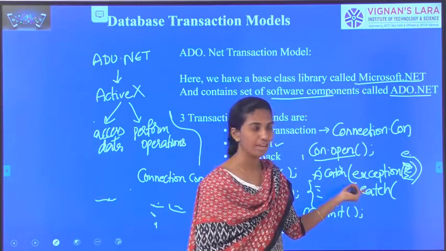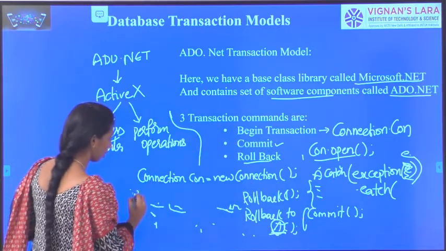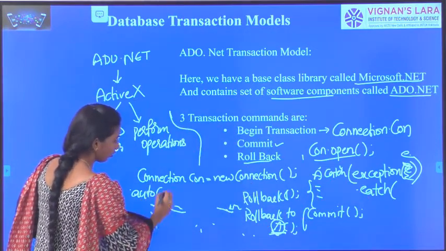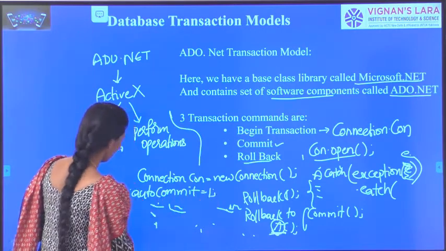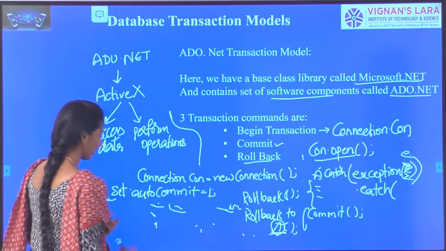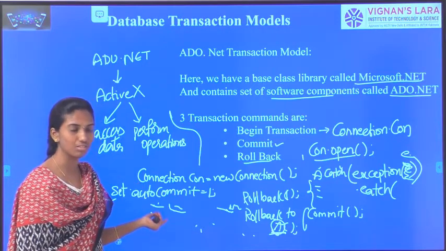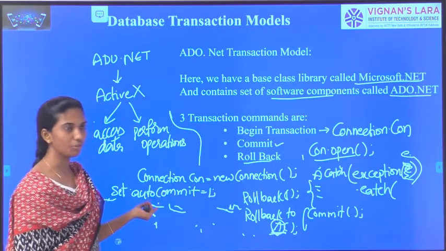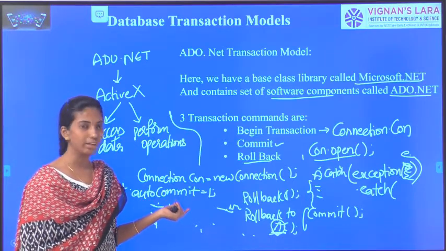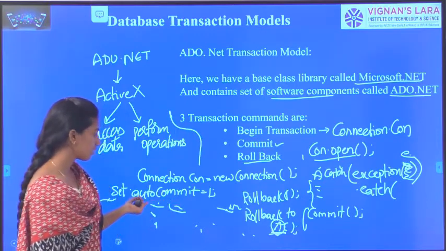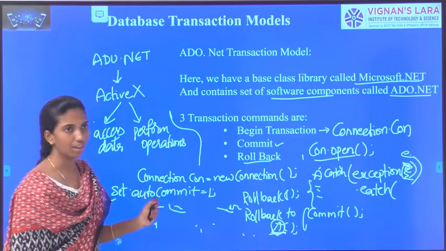all the classes. And with respect to this, we have two other commands, that is auto commit. Generally, if we write this statement set auto commit equal to 1, then for every certain number of steps, the transaction gets auto committed very easily. That means without performing any commit operation, it already gets committed and stored in the databases. Okay, so this is the usage of auto commit, and this is about the ADO.NET transaction model.